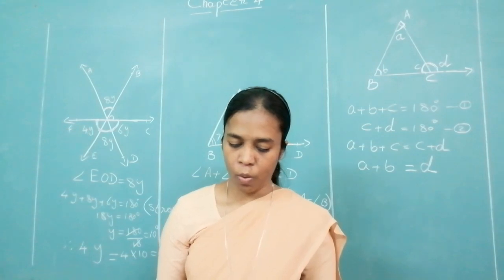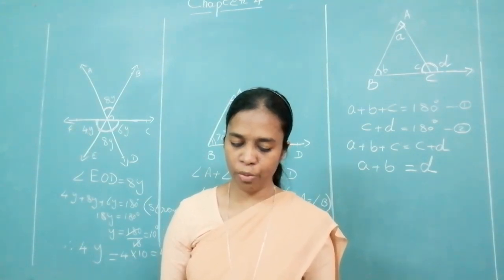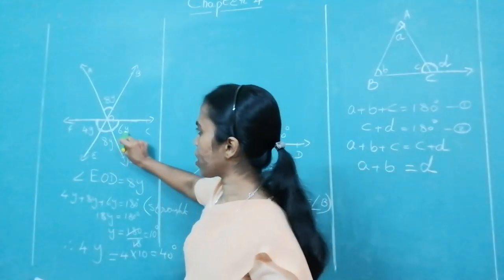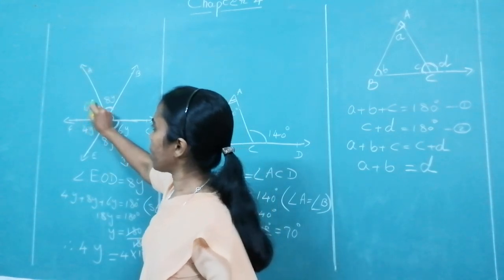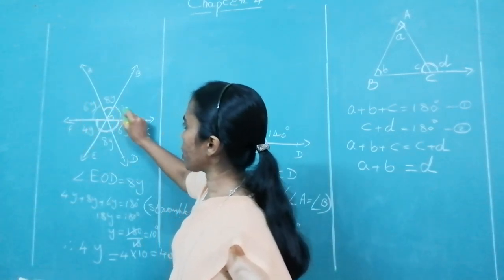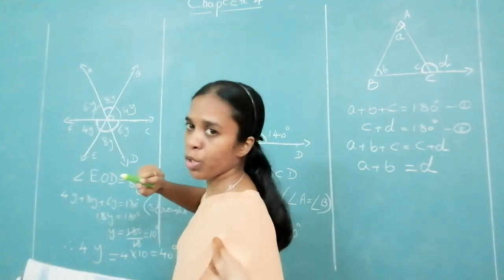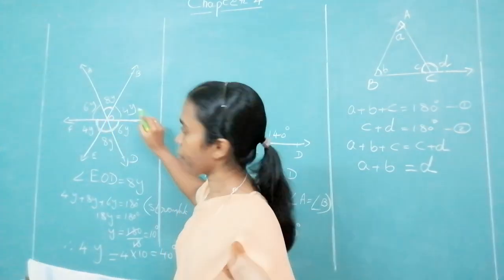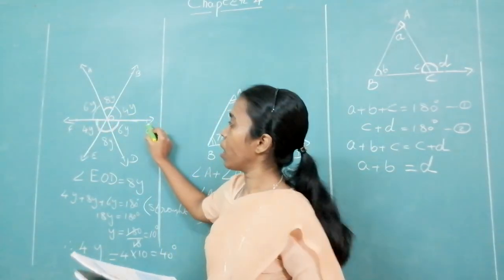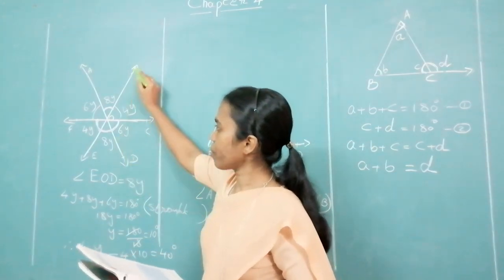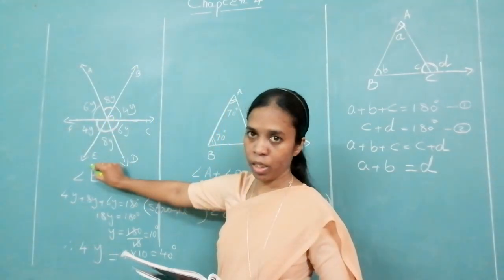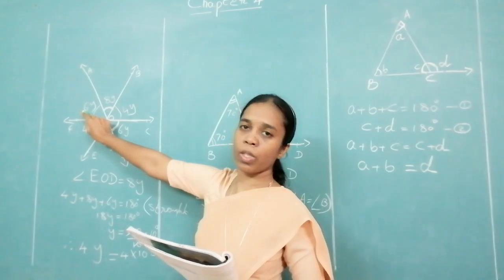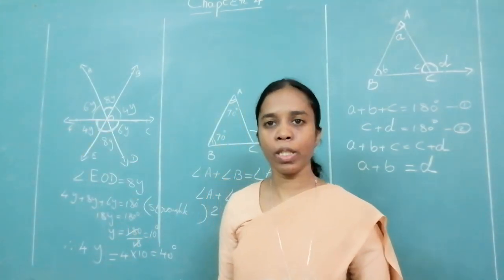Now, what is asked to you? Find the measures of the remaining 3 angles. Now, if this is 8y, this is 8y. If this is 6y, how much will this be? This also will be 6y. This is 4y, therefore this also is 4y. Now you have to write the measures of this angle. So how do you write it? You have to write angle BOC equal to angle FOE equal to 4y, and you write how much is 4y. Similarly, this is equal to this equal to 6y, equal to how much, that you write it.